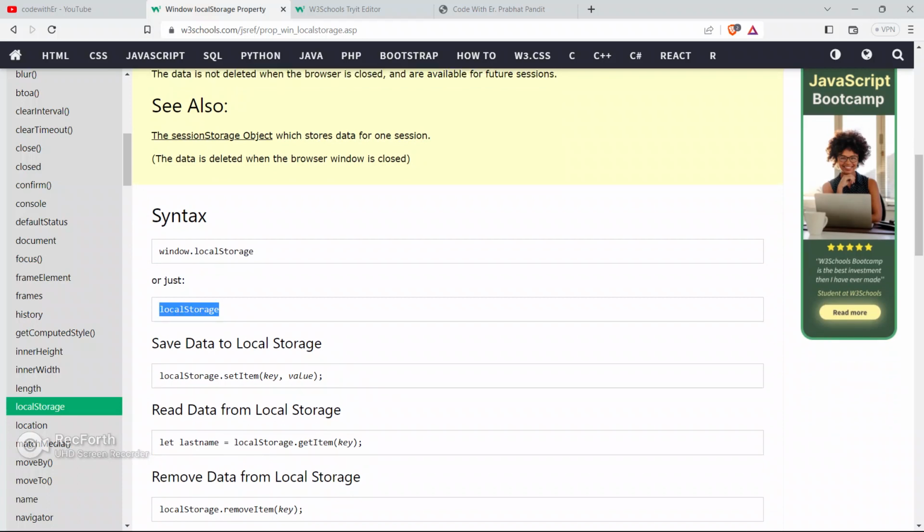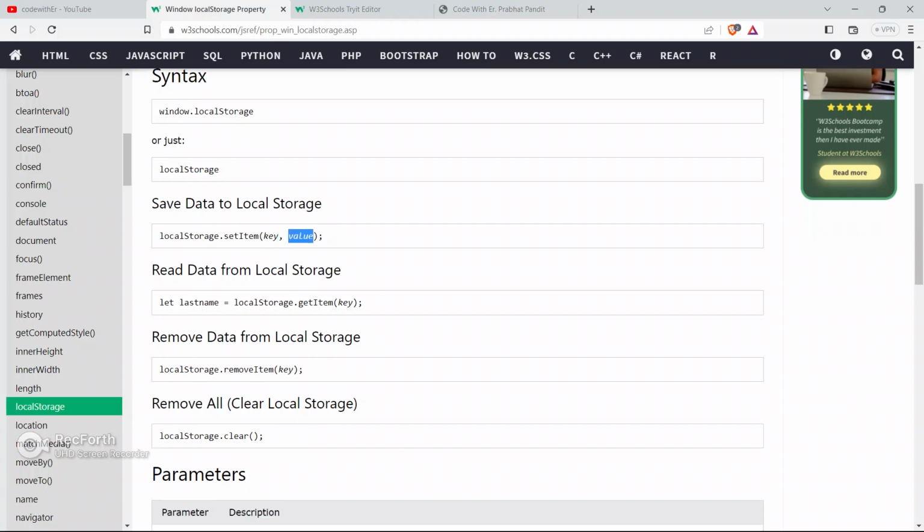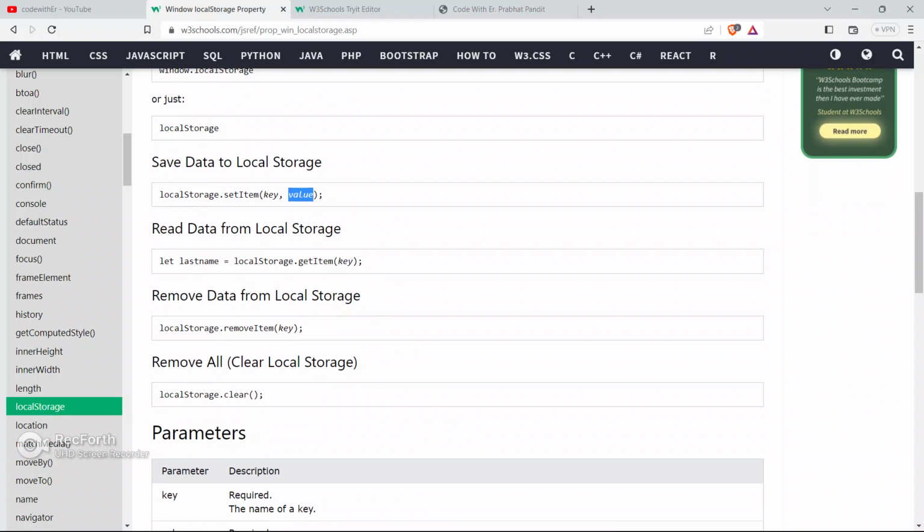So syntax is window.localStorage or just localStorage. You can use both of these guys. To save data to the local storage, use setItem with key and value. Here we have to provide the key and here we have to provide the value. Now to read data from the local storage, you can get the data after saving it.